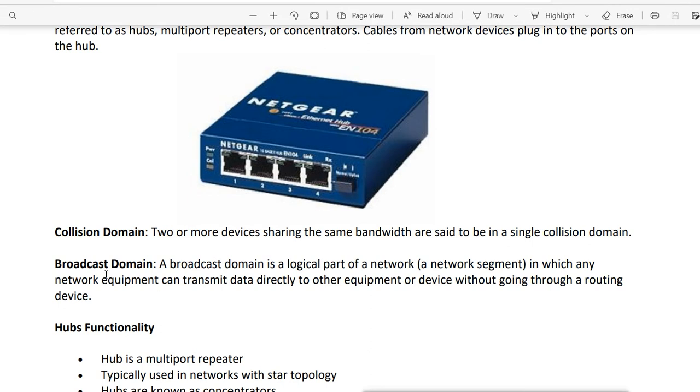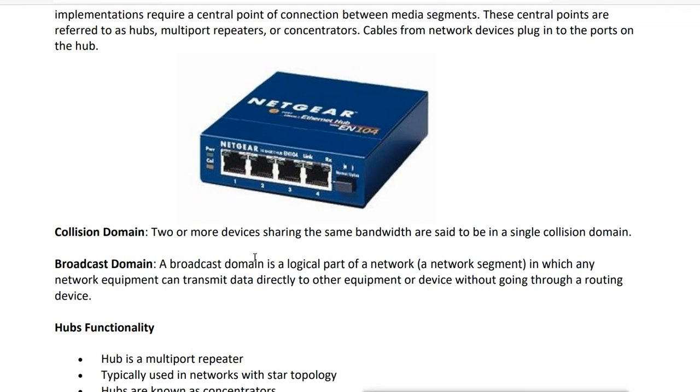And broadcast domain means: when a device sends a broadcast, how many devices will the broadcast reach? A broadcast domain is a logical part of a network segment in which any network equipment can transmit data directly to another device without going through the routing device. That means, without going to the routing device, how many devices it can reach.